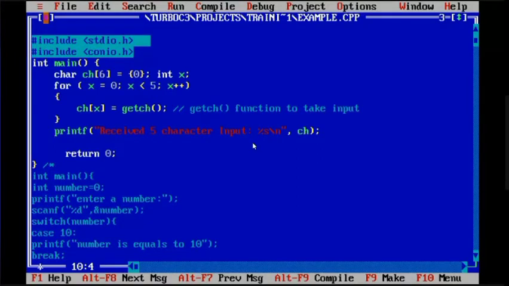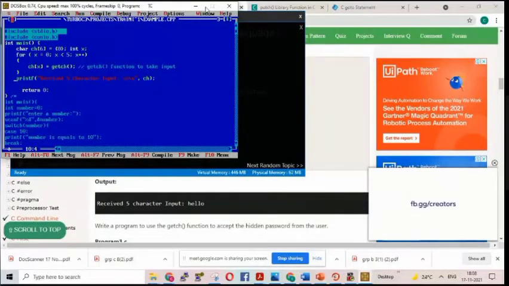So getch will take the input in a secret, hidden way. It will be stored, but it will be shown only when you want to print it forcefully. Otherwise, it will not be shown. So the work of getch is to take the input like scanf, but it won't show you what you have typed. Is it understandable? Yes, ma'am. Okay. Anyhow, it was not our topic.